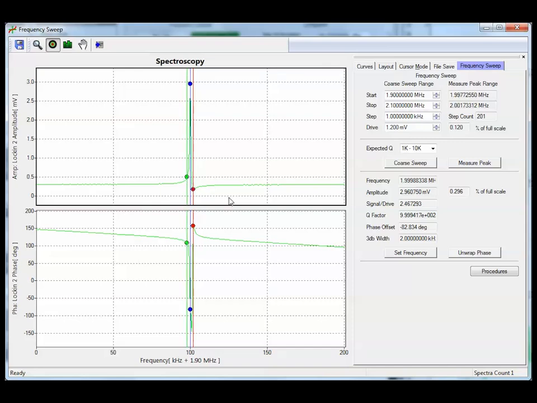Don't be shy and make it narrow. It saves you waiting time on the measure peak. The start and end frequencies are set here, 1.997 and 2.001. And the sweep time can be set with the expected Q. I usually set the expected Q way lower than the real Q that I expect because the measurement goes faster that way. So if I do measure peak,